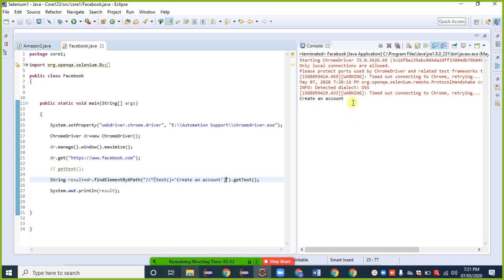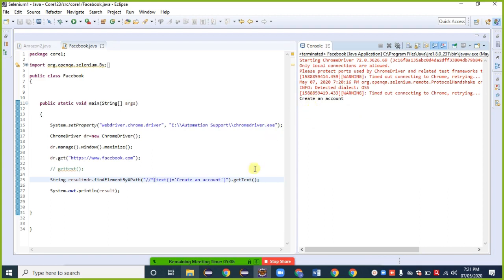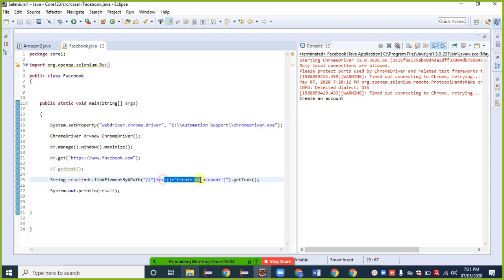Yes, we get the output: "Create an account" in the console. What was given is to find the element having this property, get text, save it inside a variable named result of string type, and print that result. We get the result, "Create an account".